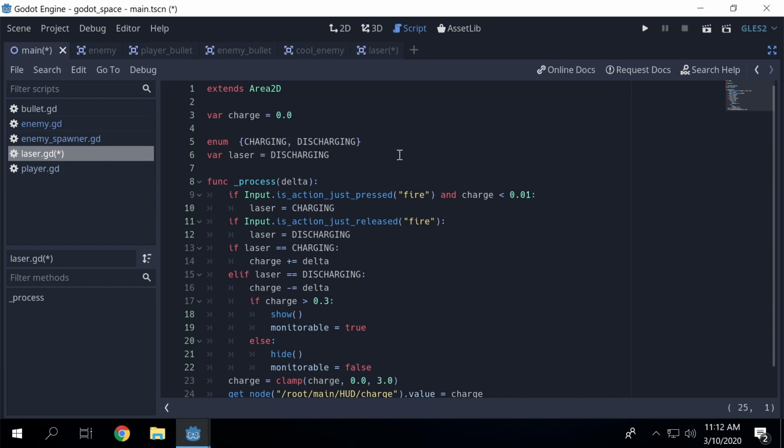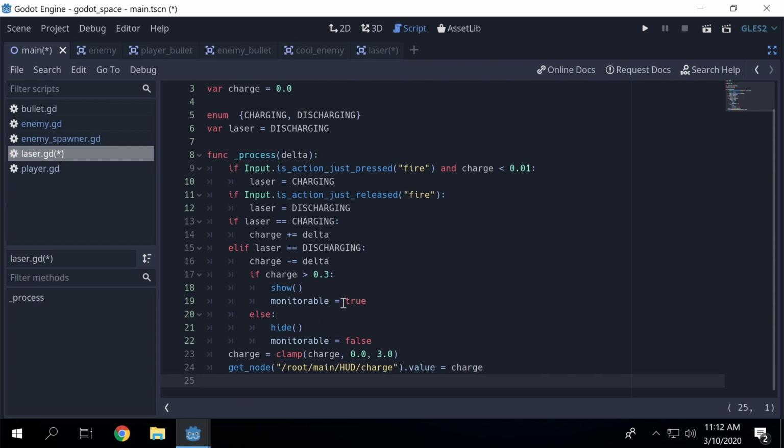If you hold down the fire button, it charges, and if you let go of the fire button, it discharges, and if it has some charge left, then it shows the laser, and it turns on the collisions with monitorable equals true, and if not, it hides the laser and it turns off the collisions with monitorable equals false. And we clamp the charge to be between 0 and 3, so it can't go less than 0, it can't go more than